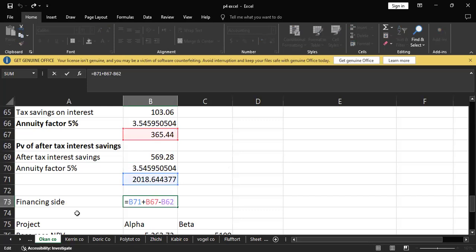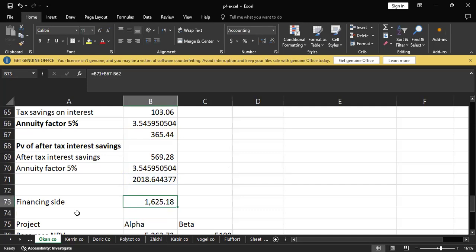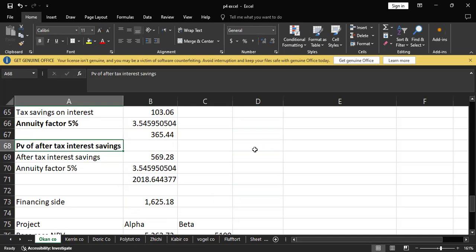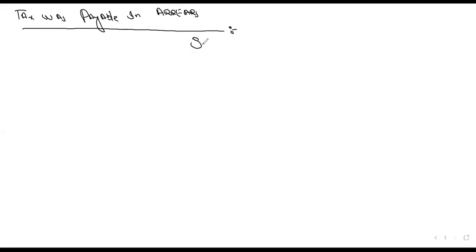But one thing you should remember, guys. If in this question it had been stated that the tax is payable in arrears, then this step you cannot solve in a single way. Then you had to solve it in two ways. I am going to elaborate more for you. If in the exam the tax was payable in arrears, then in the case of the subsidized loan,